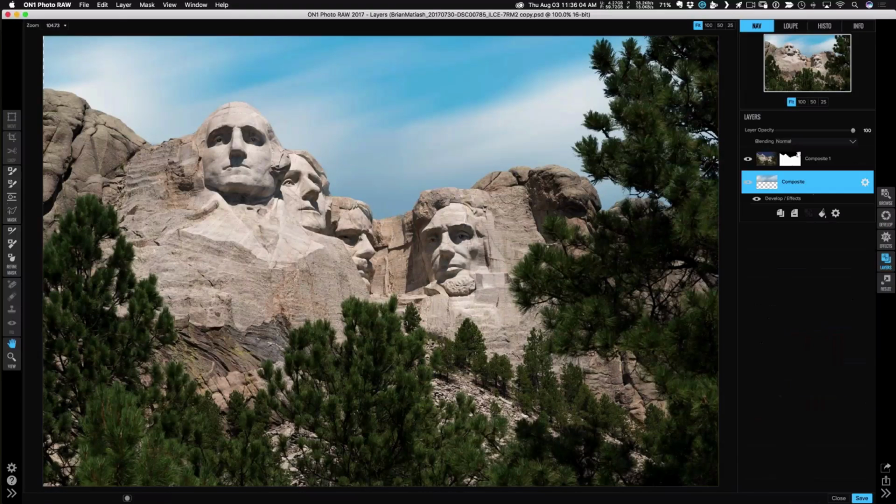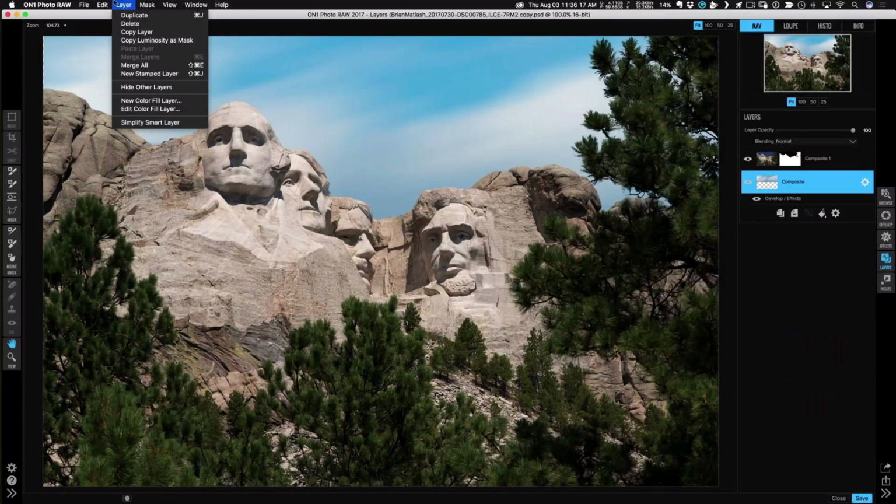And again, because we're working on the cloud layer, only the clouds are being affected. The rest of the image is not. Now though, if we want to start working on the whole image, we can go and create, and this goes back to the question that came before. If I merge the layers, those two layers are gone. But if I create a new stamped layer,